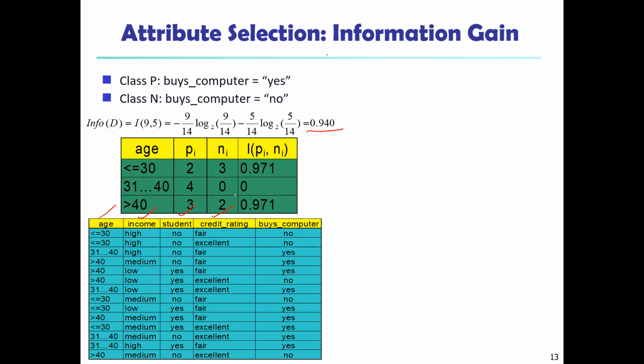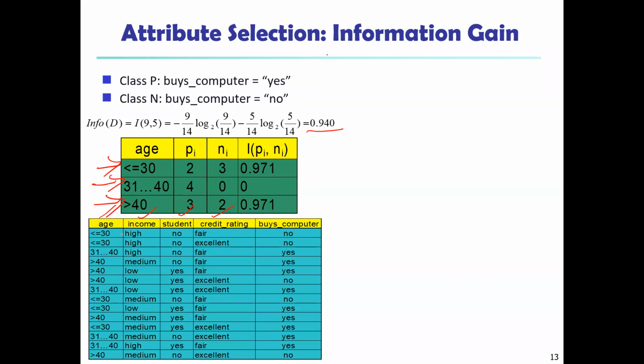First of all, we'll see for age. Age contains less than or equal to 30, 31 to 40, and greater than 40, three different values. So for age less than or equal to 30, how many yes values and how many no values are there? We'll count.